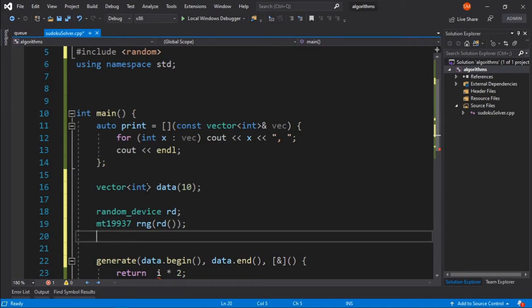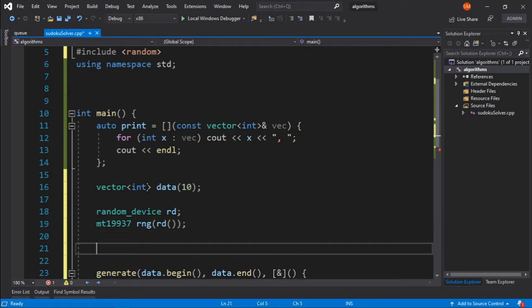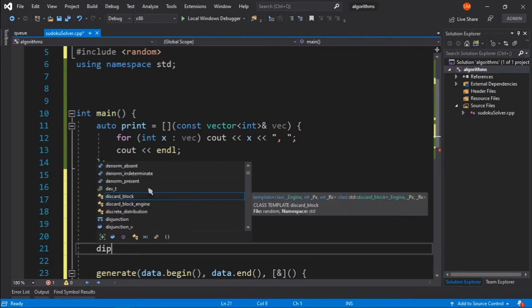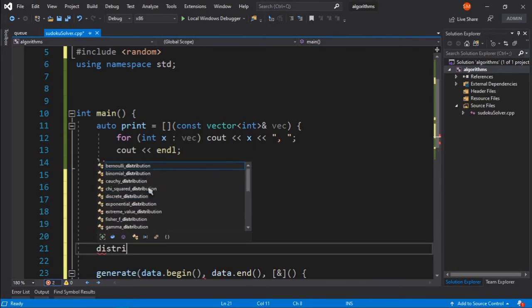Now to have our random numbers, we can declare a distribution. There are a couple of distributions. If you type distribution in Visual Studio Code, you will find a lot of them, like Bernoulli distribution, binomial distribution, Cauchy distribution, chi-square distribution, discrete distribution, the gamma distribution, and so on, the very standard distributions.